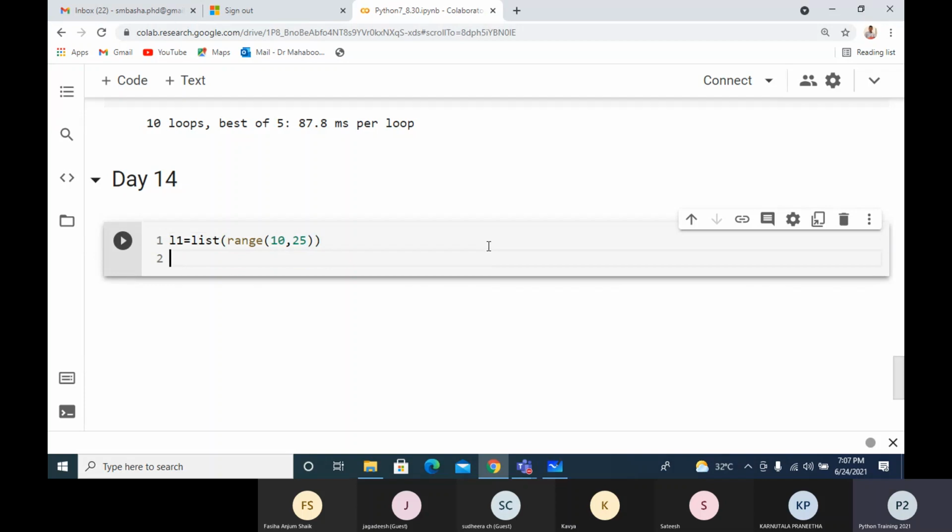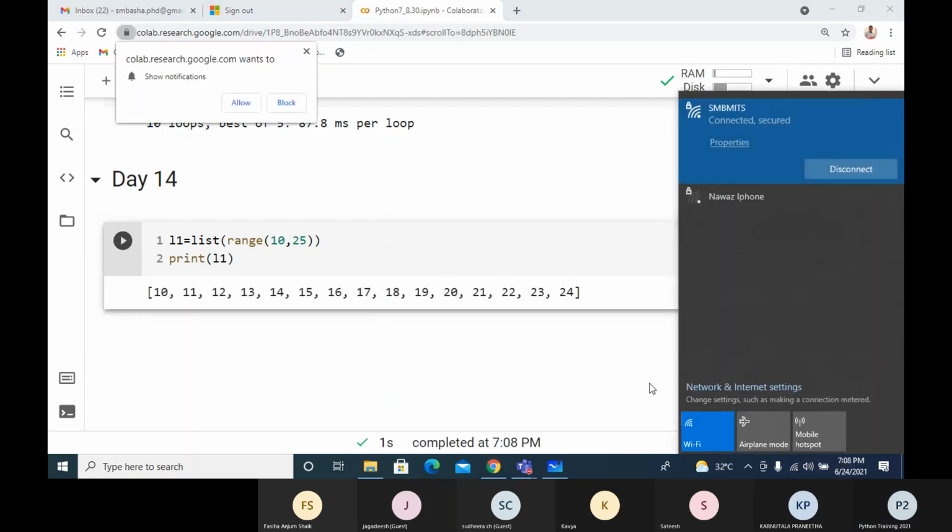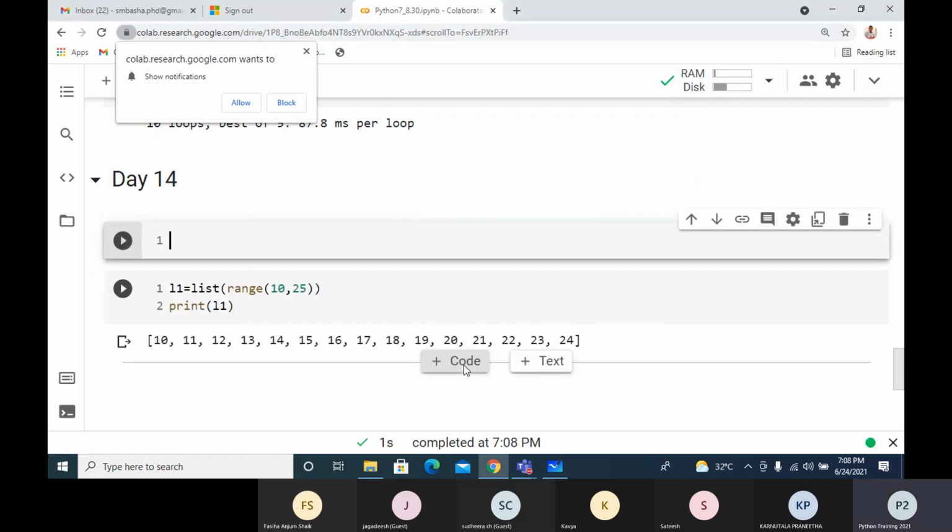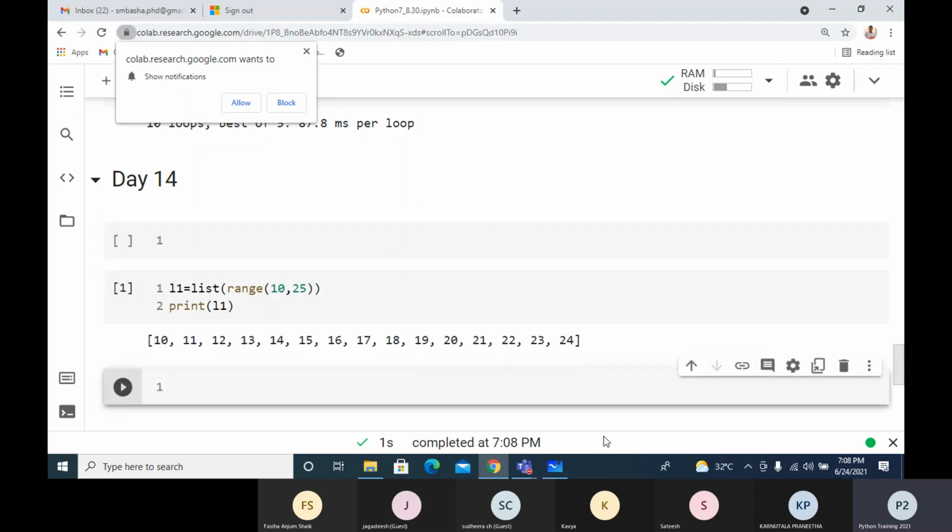Then I'll print the list. So I'm getting the list now. I want to find square of the number. So suppose L squares.